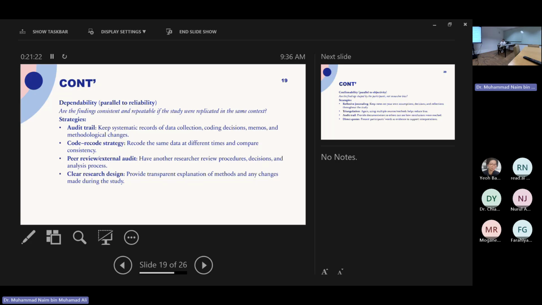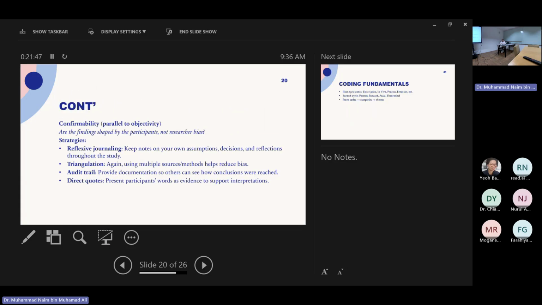And then a code-recode strategy. When you do coding, sometimes there are a lot of codes that you have already done, so sometimes you have forgotten. Sometimes there are redundancies, so you have to code and recode often. You have to do this process quite often. Peer review, external audit, and so on.